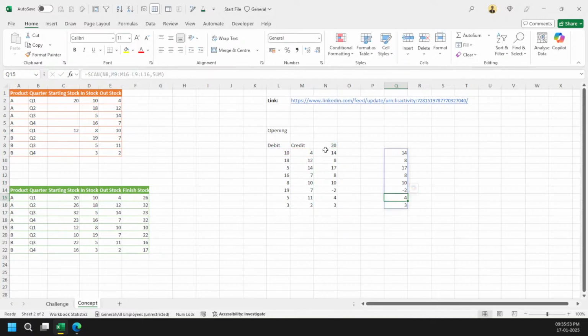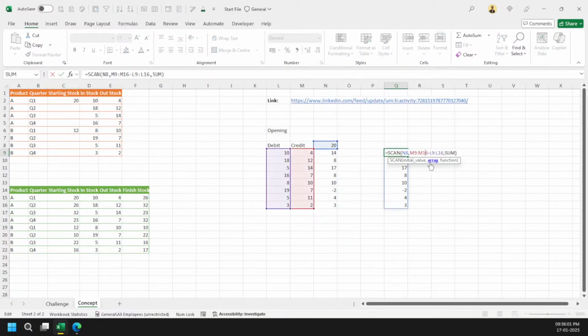So the SCAN function is working well. But the only problem with the SCAN function is that it will have only one array and not more. We need to find a way where we can arrange only one column within it, and we cannot go on adding more columns. Okay, so that won't work.